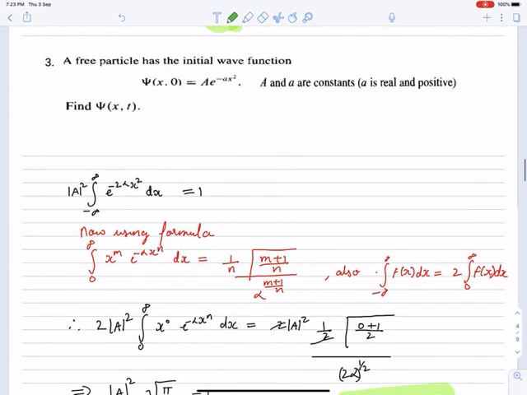Third question. A third question is a free particle has the initial wave function. So the initial wave function of a free particle is given. Now it is asking for psi x comma t. So remember, in the first sum I have told you, you calculated psi x t with the help of